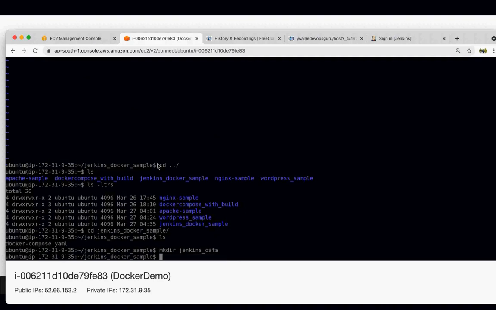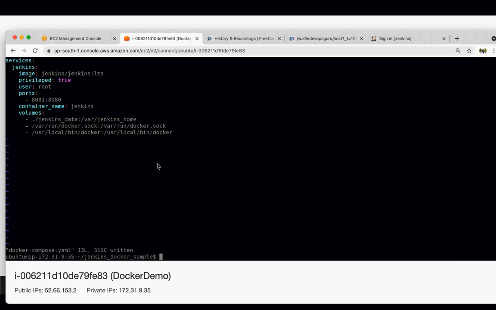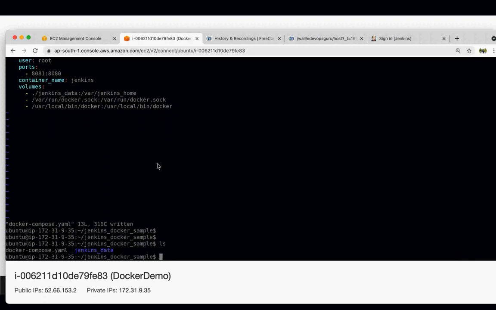Okay, Jenkins data. You can modify this one. Okay, it has to be like this, Jenkins data. Okay, Jenkins data. Name is correct.